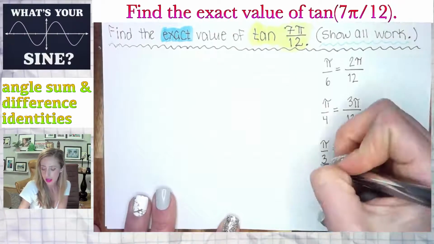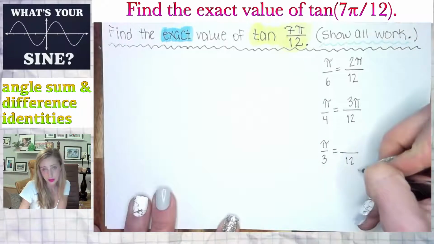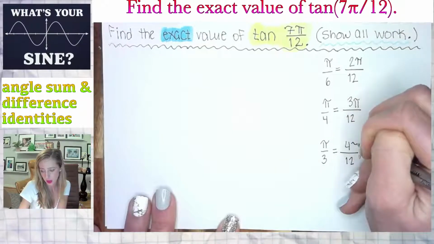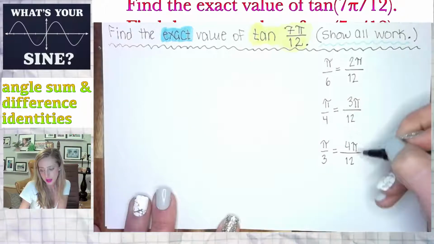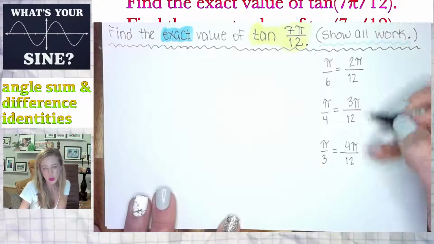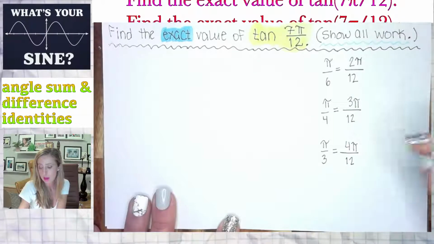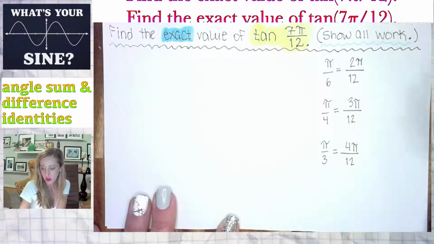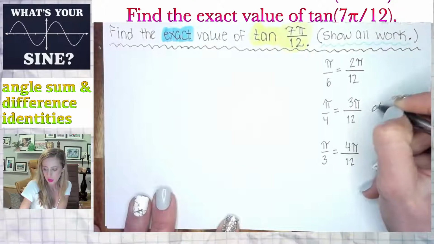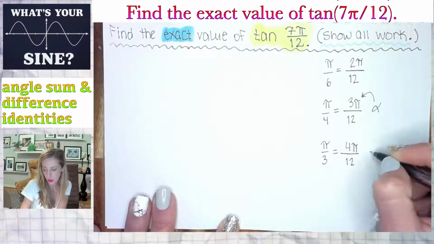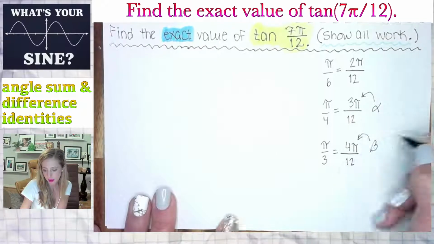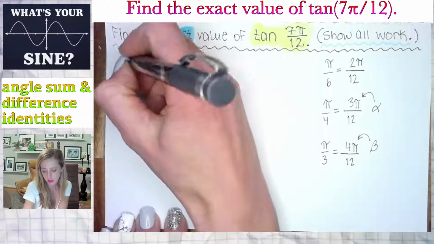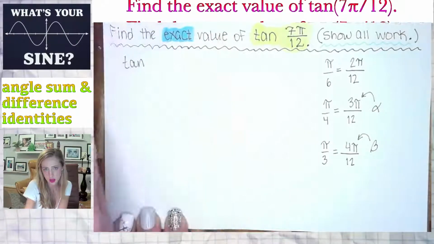Keep it moving. We would have to multiply pi over 3 on top and bottom by 4, giving 4 pi over 12. All right, these two could also give me 1 pi over 12 if I subtract, but they could also give me 7 pi over 12 if I add. So winner, winner, chicken dinner. I'm going to make this alpha, and I'm going to make this beta, and we are going to figure out the tangent of